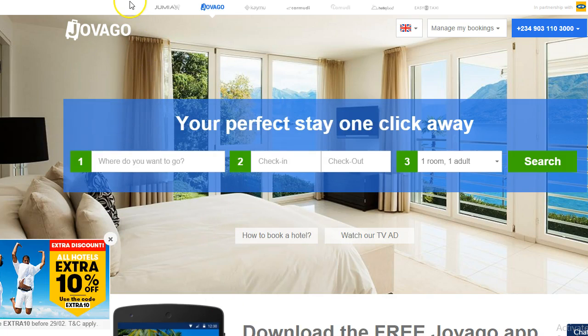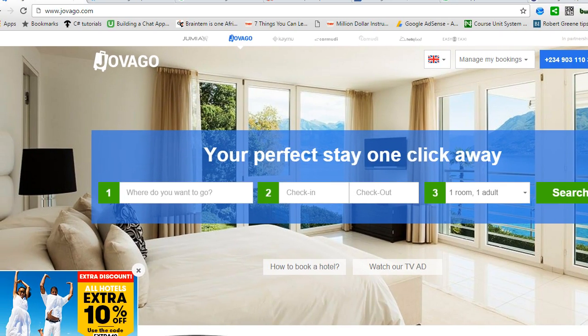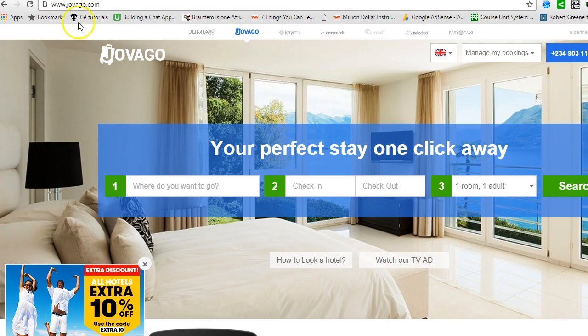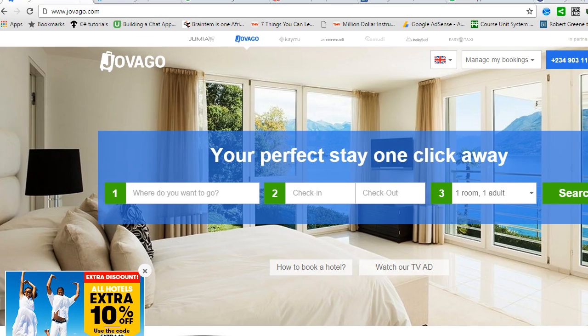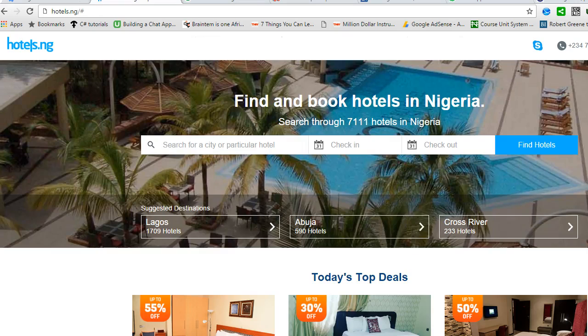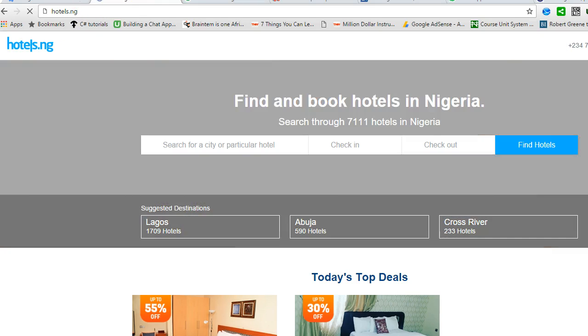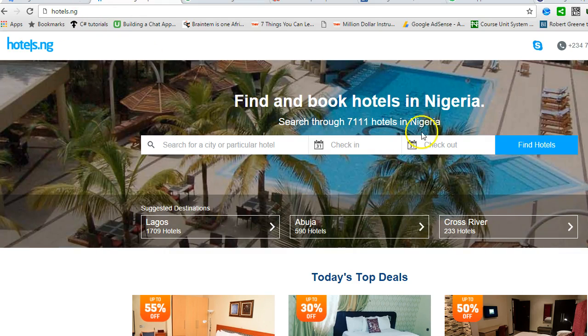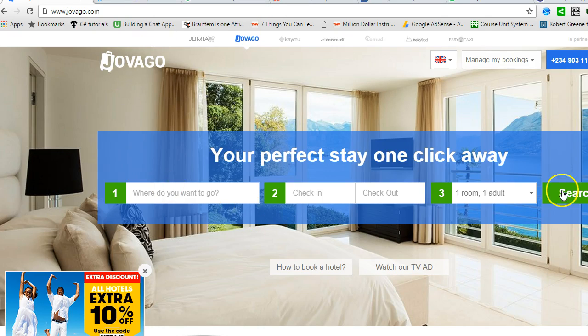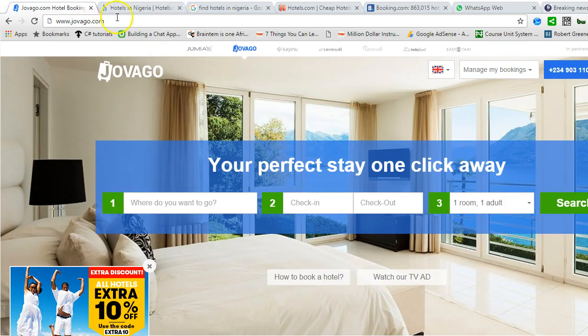Straight up, this is jovago.com. As you can see right here, jovago.com. I've visited it, and I've also opened hotels.ng, just to make sure that we're on a level playing ground. This is hotels.ng and this is jovago.com. All right, are we ready? All right, I'll start with